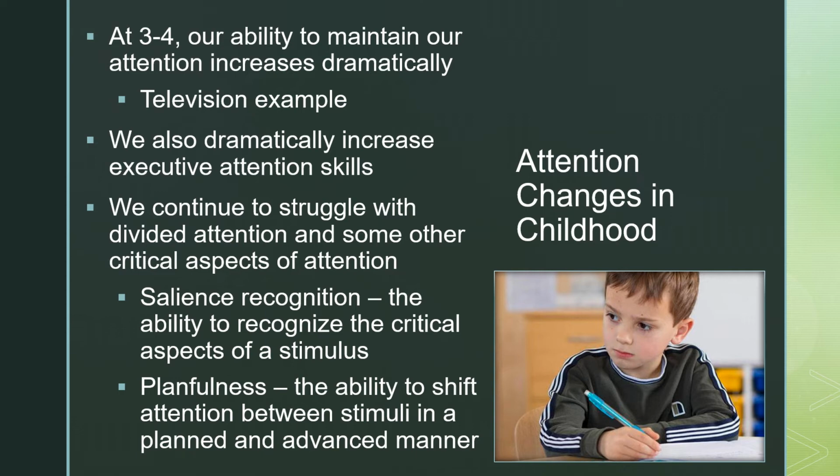And this relates to another critical element of attention that we think is tied to executive attention, but is sort of on its own. This concept is called planfulness: the ability of a child to pay attention to certain elements of the things that they're looking at, and in doing so, put extra effort into the things that are critical. Since kids still struggle to understand the critical, they also tend to struggle with following certain aspects of a story or plot line. Now, it can result in some really interesting things.